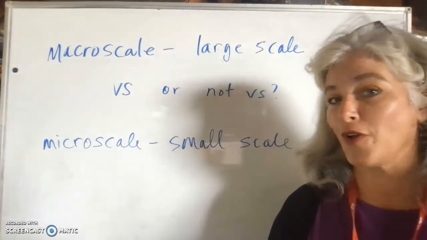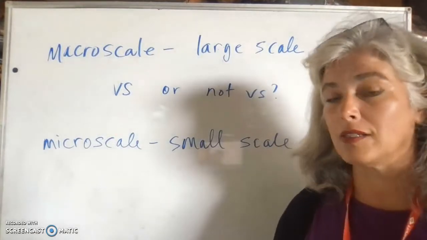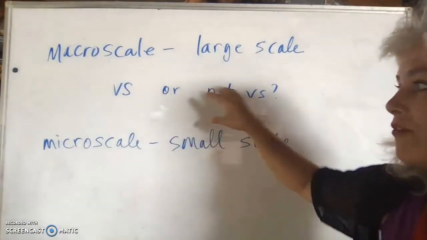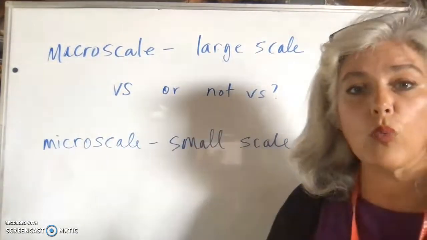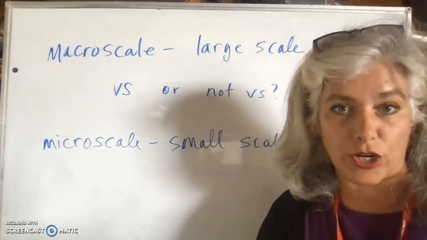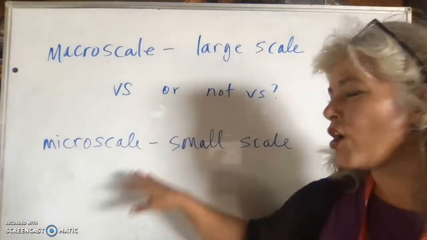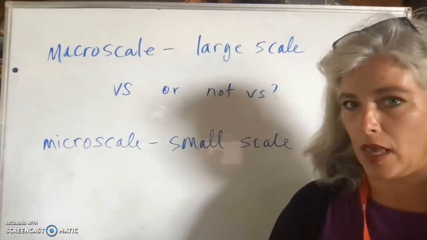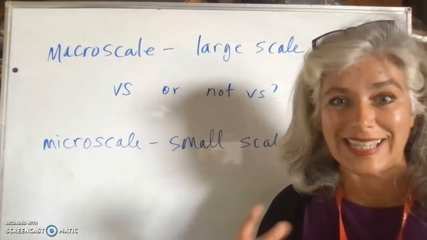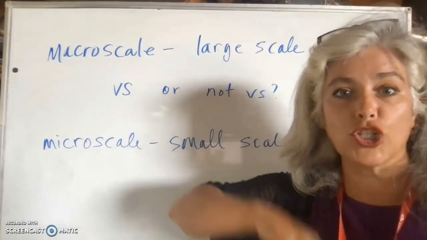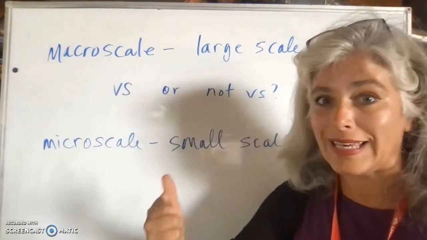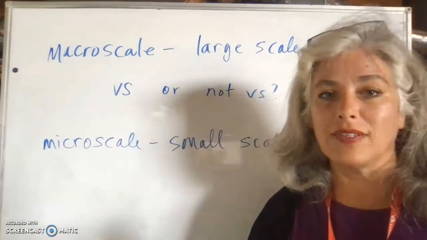Now, some sociologists focus their entire careers on studying the micro scale, but the reason I say versus or not versus here is because if you want to become a micro scale sociologist, or if you are interested in the communication patterns that people have between them, you can never just examine those micro scale situations in a bubble. They don't exist outside of the larger umbrella of society. So macro scale is that larger umbrella of society.